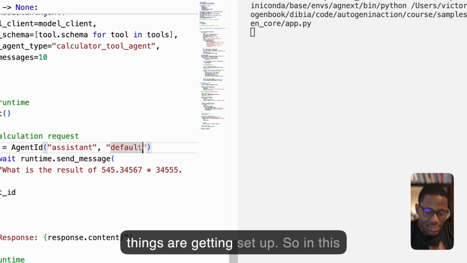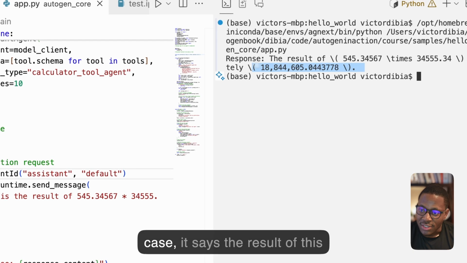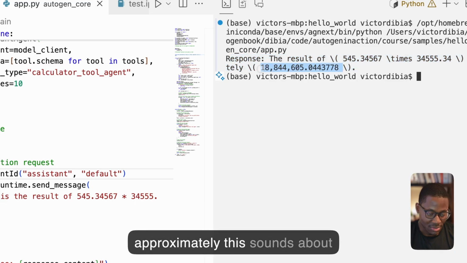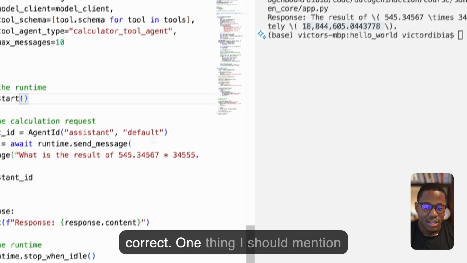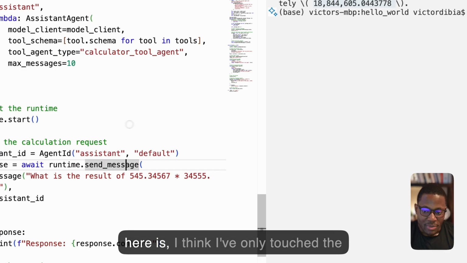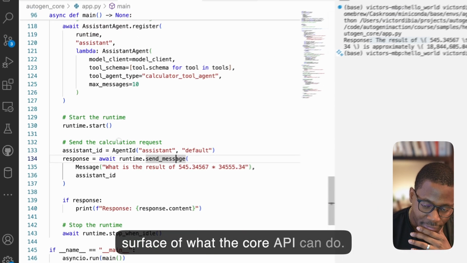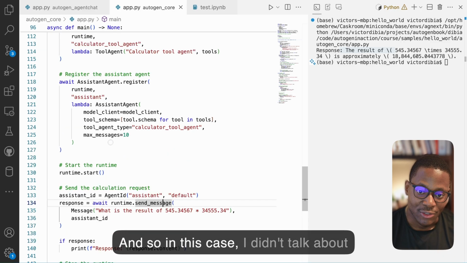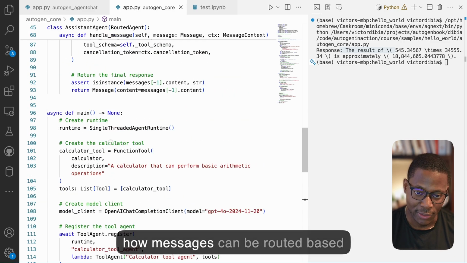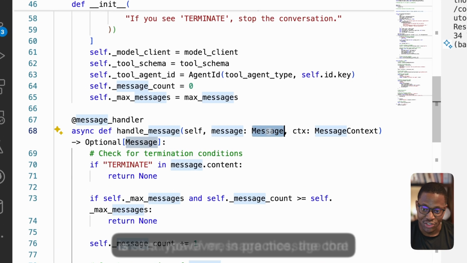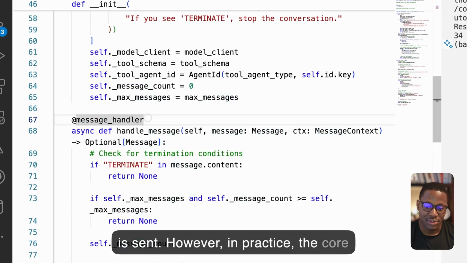While things are getting set up, in this case, it says the result of this multiplication is approximately this. Sounds about correct. One thing I should mention here is, I think I've only touched the surface of what the core API can do. In this case, I talked about how messages can be routed based on the type of message that is sent. However, in practice, the core API also